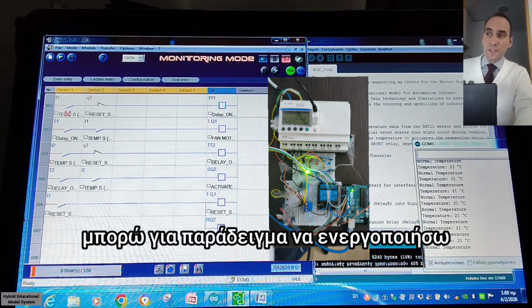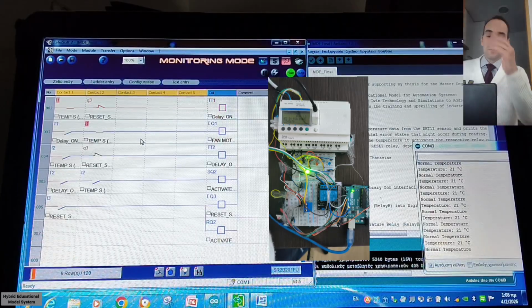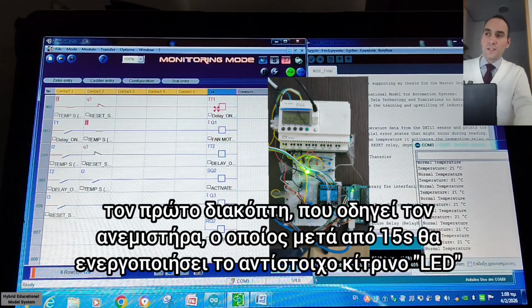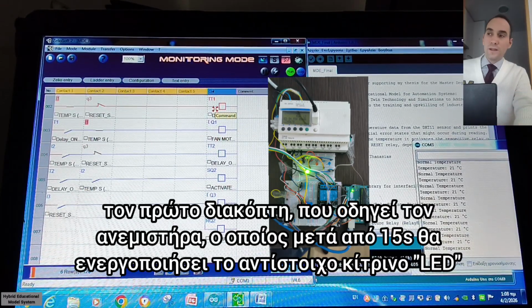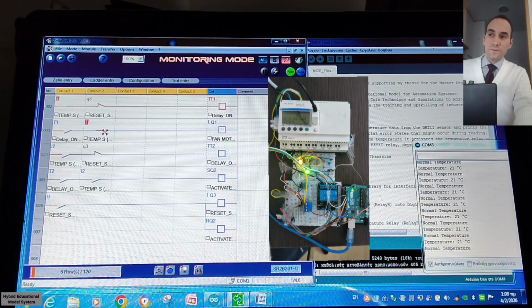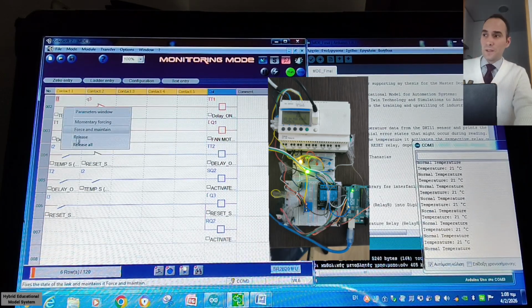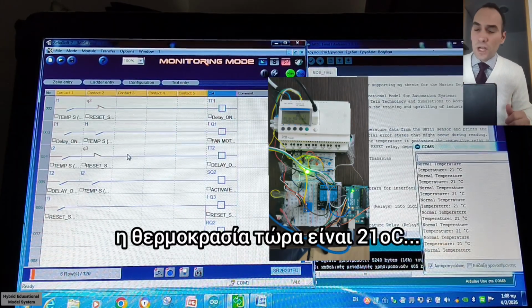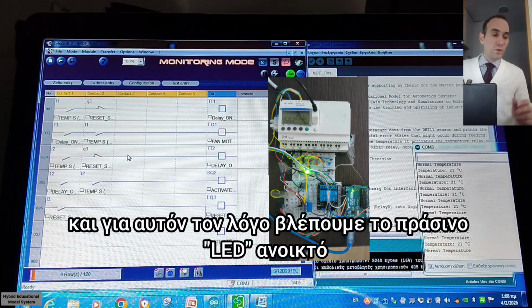I can activate, for example, force and maintain the first switch. You see, delay on, and after 15 seconds it's going to open the yellow LED. But I force it through my computer. Okay, release all. Nice. The temperature now is 21 degrees, normal temperature, and for that reason we can see the green LED.